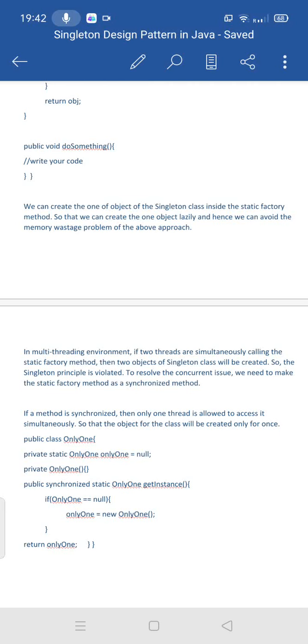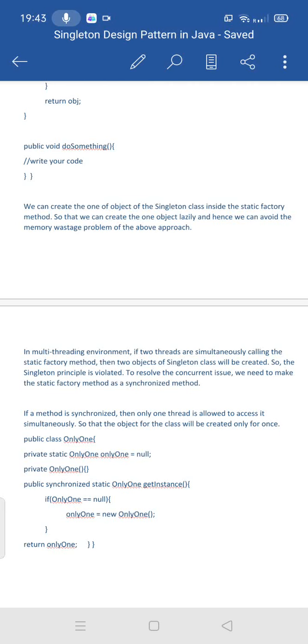So at last, when we make a class singleton, then only a single instance is created for that class, and it won't allow creating more than one instance. And that single instance is used by all other classes. This is the singleton design pattern principle. So we have covered what the singleton design pattern is, when we go for it, what its advantages are, and how to make a class singleton.